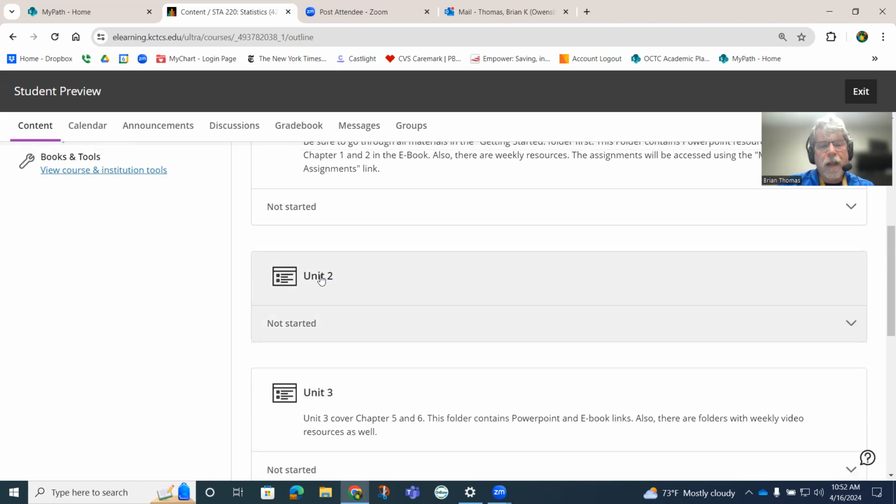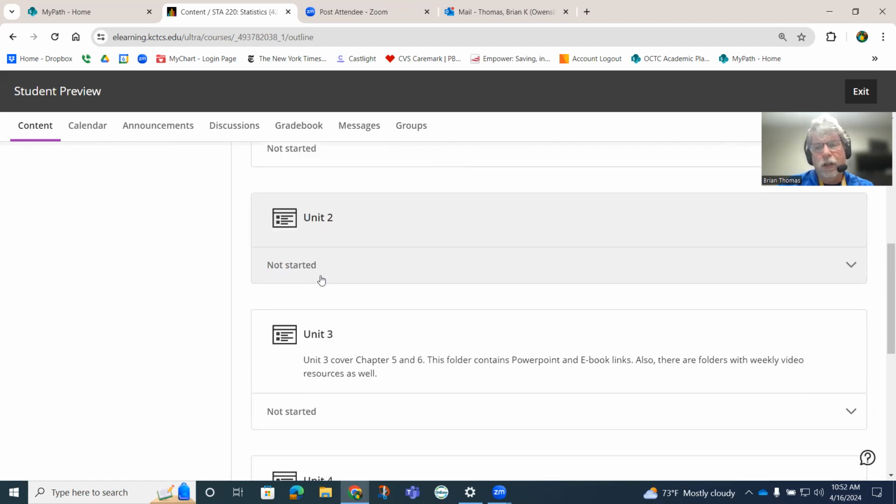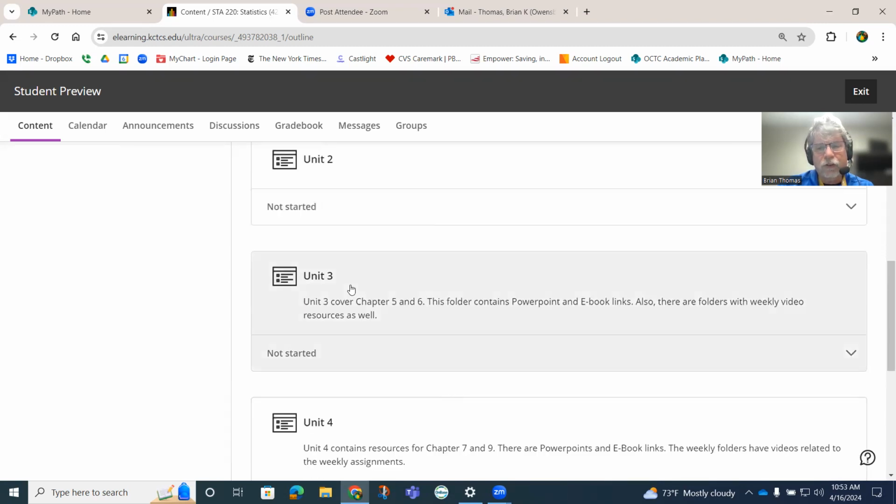So mainly, as far as for me, hopefully when you complete the course, you have a little bit of an idea what statistics is. You'll have an idea of what tools we use in statistics, and that's really the main thing. And as most of us understand from our exposure to statistics, almost everything today is driven by statistics.